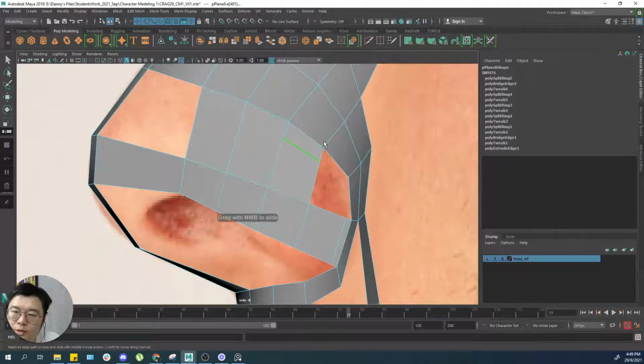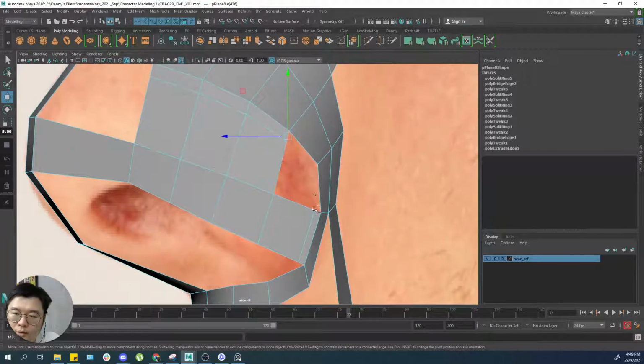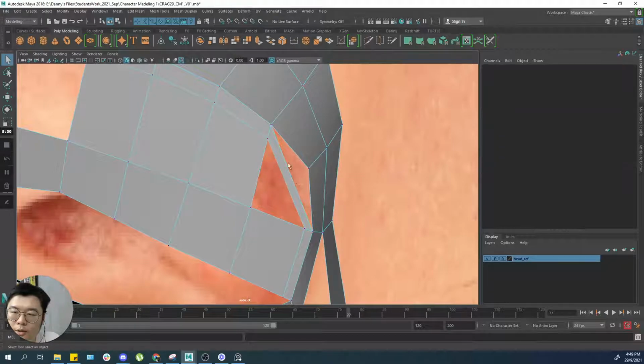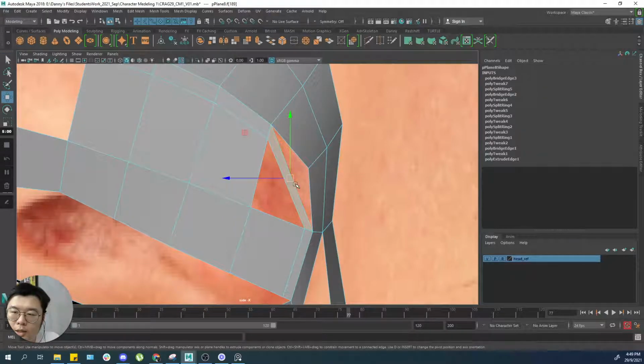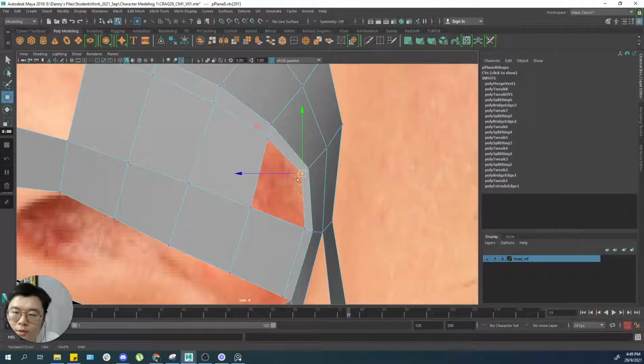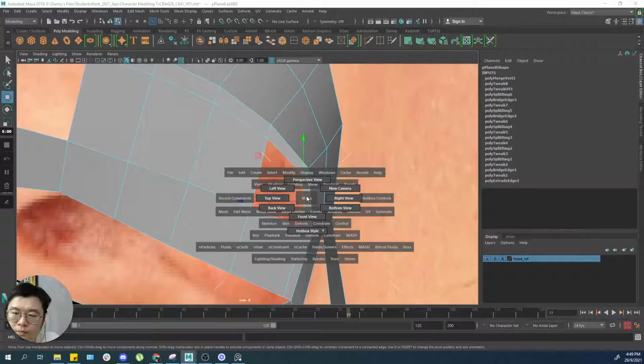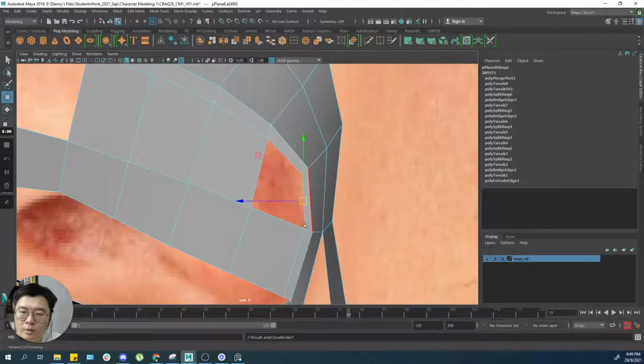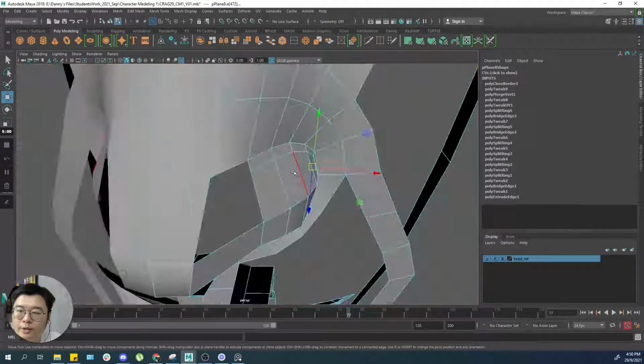Slide. And then we bridge. Add line. And fill hole. Okay, so after editing this part, we go to